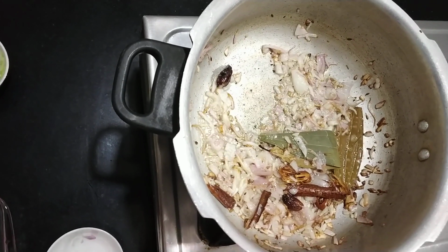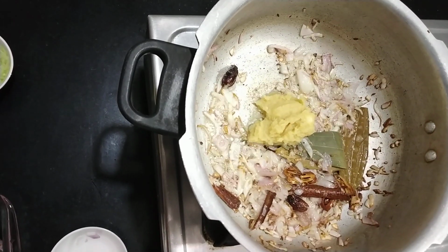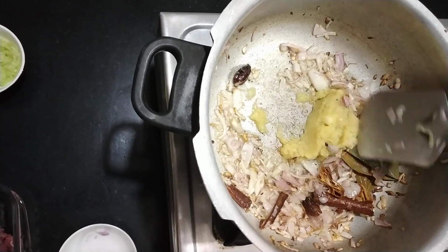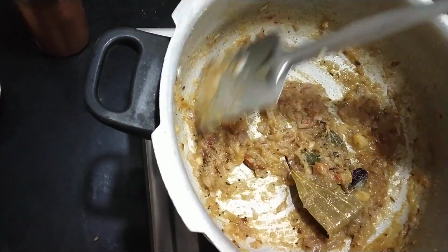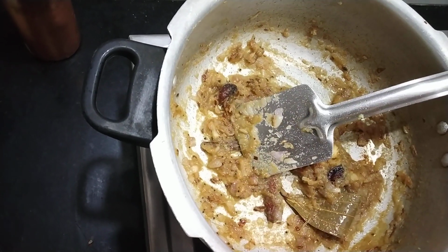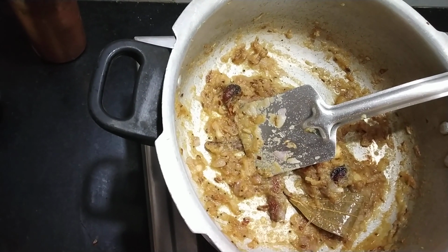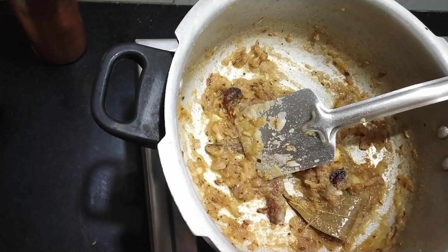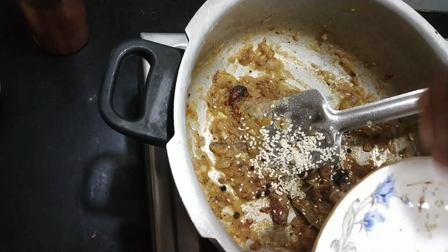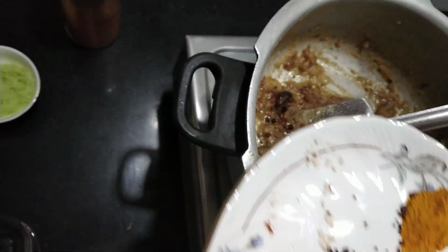I'm going to add 2 big spoons of ginger garlic paste. So now, as we can see, the ginger garlic is nicely blended, and the onion is also cooked perfectly. Now I'm going to add the rest of the spices, which is sesame seeds, clove,